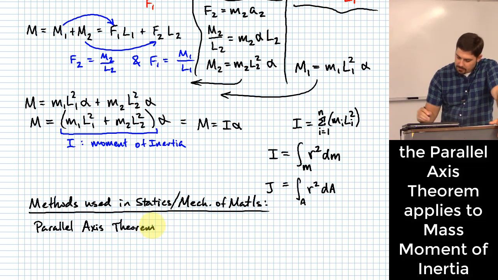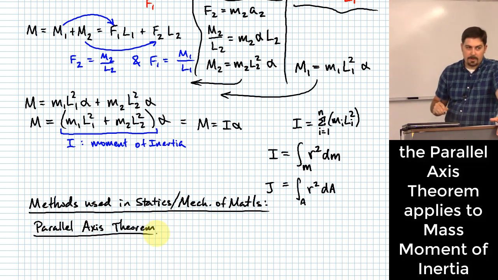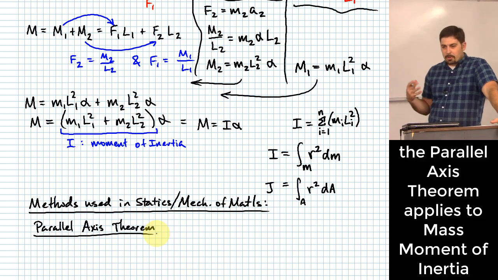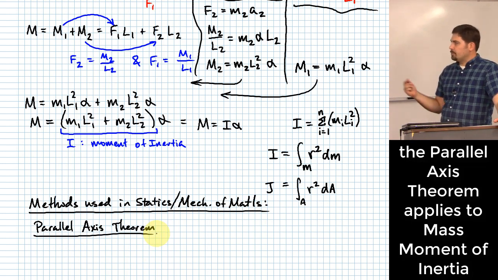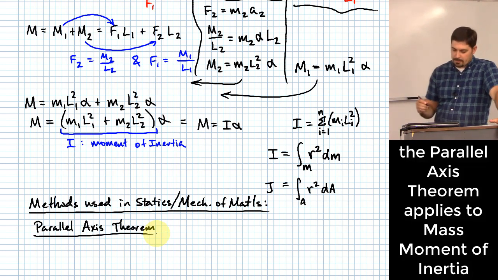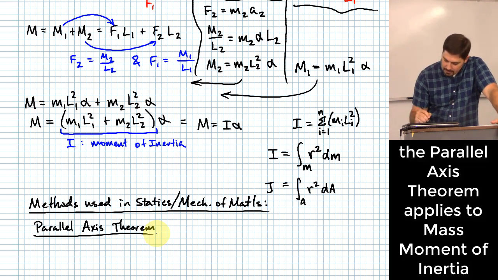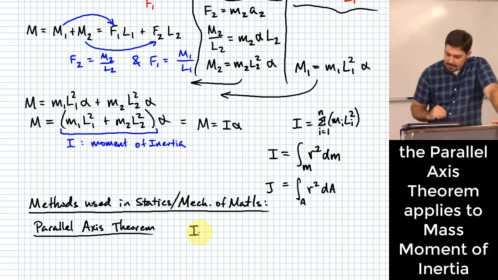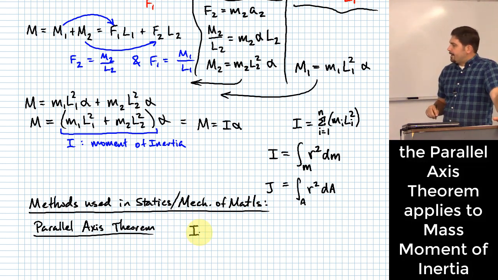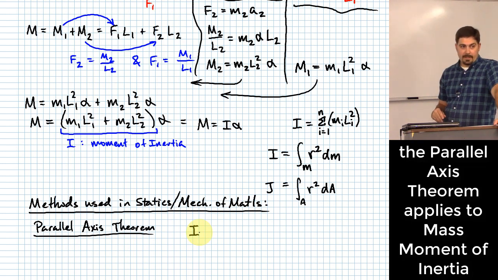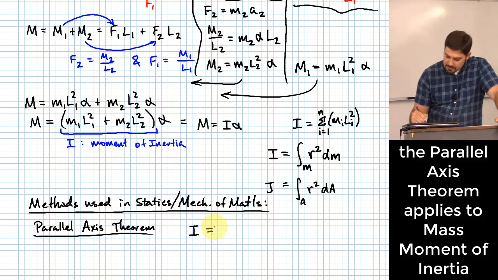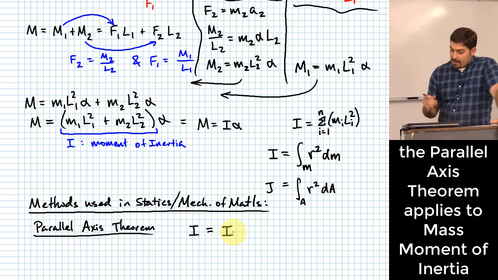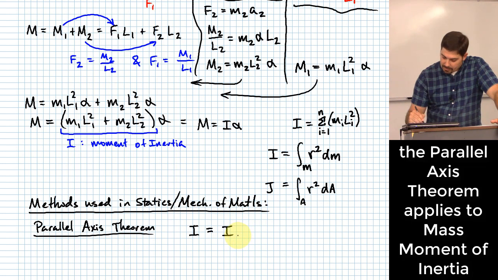I will state these. I won't spend a lot of time deriving them or trying to prove them to you or even doing examples yet. We'll do a little bit of it in an example in just a few minutes. But the parallel axis theorem for these mass moments of inertia says that if you want to find the moment of inertia about some other axis that does not go through the center of gravity, then what you do is you take whatever the moment of inertia is about an axis that does go through the center of gravity, which